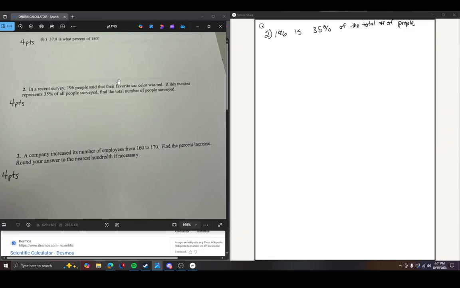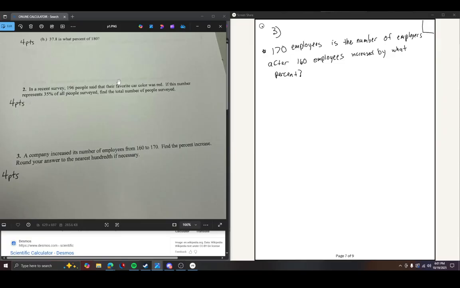So you can use your intuition just from reading and try to get a ballpark of what number the total number of people should be. Should it be larger than 196 or smaller than 196? If you can get that, then you should be in a really good place to get these all correct. But intuition is really hard to build, and it comes with a lot of practice and experience. So don't be upset if it's a little bit tricky to figure out just from reading it what the ballpark number should be before you get the actual number.